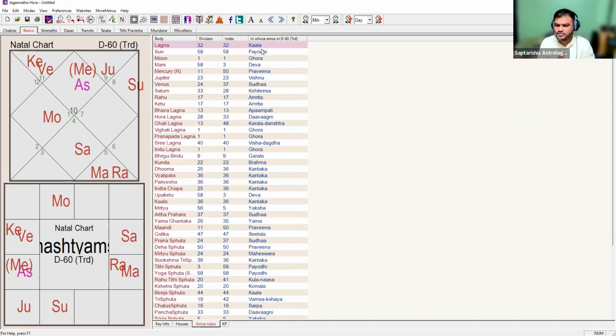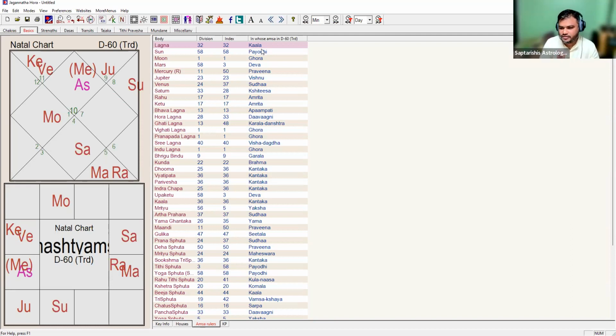Saumya means consider it like a benefic. Krura means consider it like a malefic, although malefic is not a correct word for Krura. But here, just for the sake of clarity, I'm using the word malefic. So every Amsha, as per their property, we are assigning them malefic and benefic. By using this, we can make predictions.